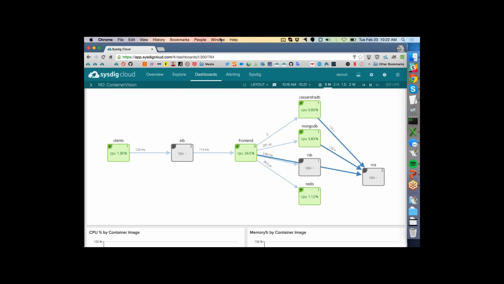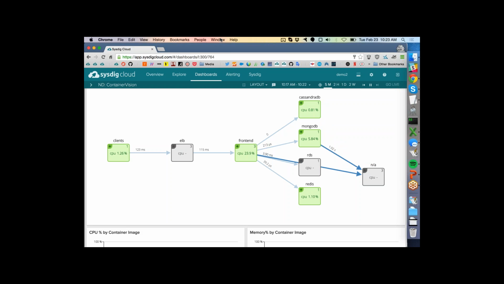All right, hopefully my browser is coming through clear here. So what we're looking at now is the Sysdig Cloud web application. Here I have a demo environment. In this case, it's running on AWS. And I want to start out with this visualization here that we like to call the map view or the topology view. I think this pretty clearly demonstrates a lot of the concepts we were just talking about before with monitoring as a microservice and container vision.